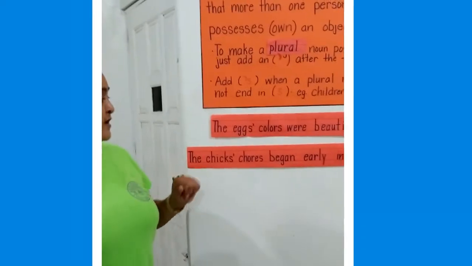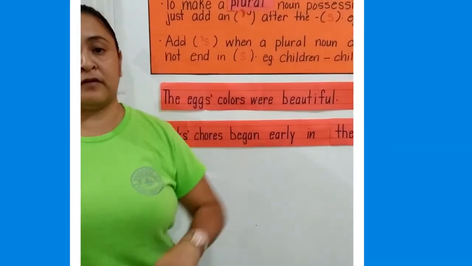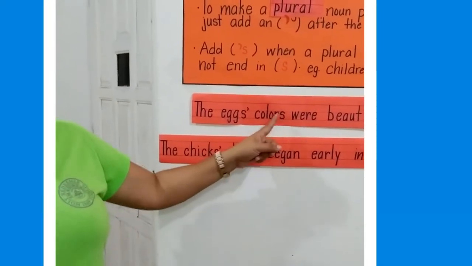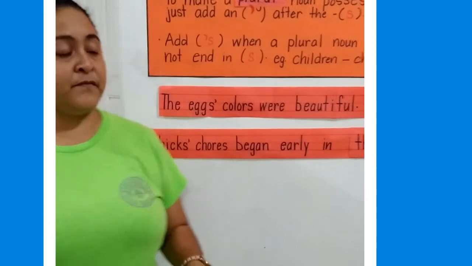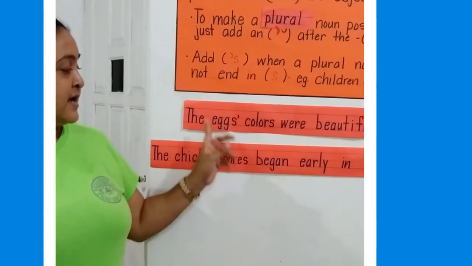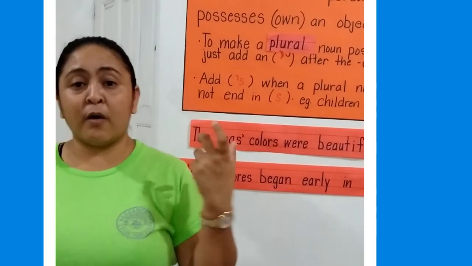Very good. Alright, let's do a few other examples using sentences from the story, the eggs. The first one here: The eggs' colors were beautiful. Let's read that one more time. The eggs' colors were beautiful. Here we have the noun eggs, the plural form of the noun eggs,